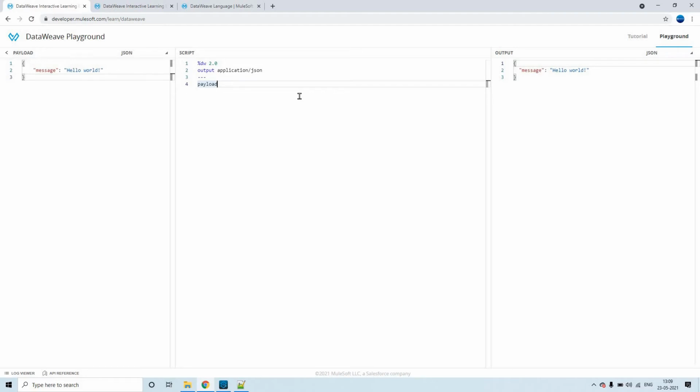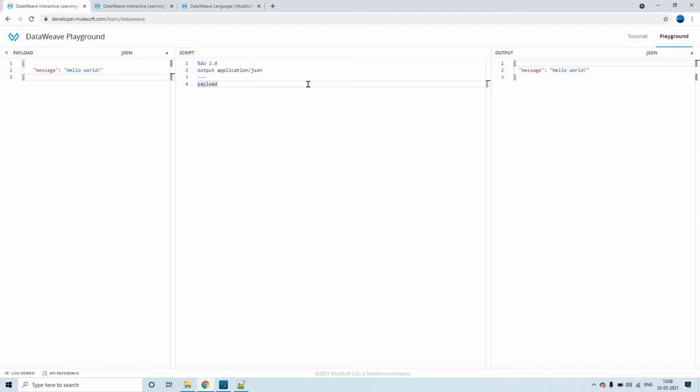So it all depends. DataWeave is something to convert the file which will be sent as an input to the Transform Message and get the output based upon your requirement.